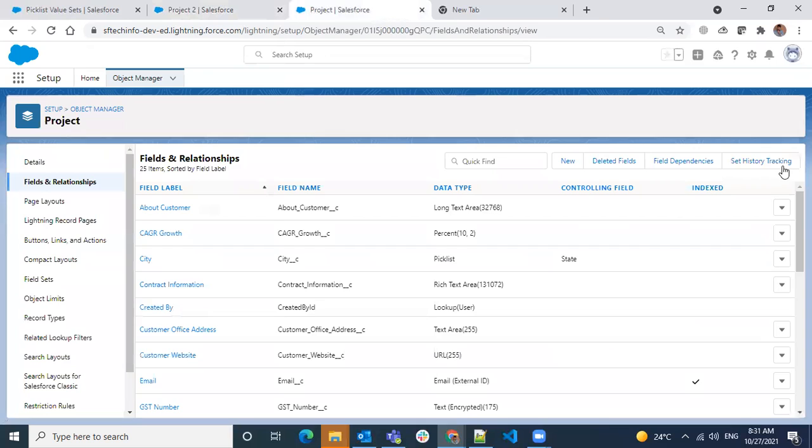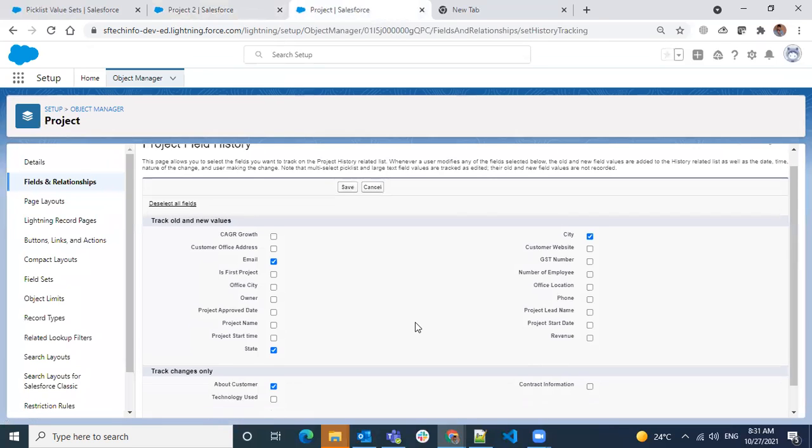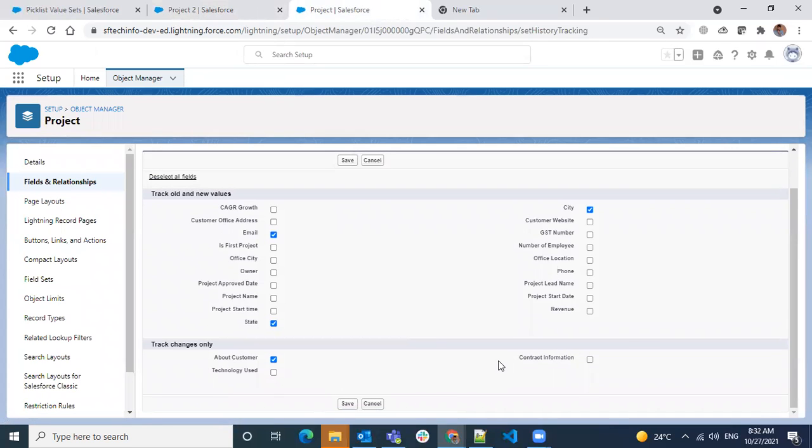So what are all the fields you see in the second section will be only trackable the time and user, not the values. So what are all the fields, if you remember? Multi-select, text area long, text area rich. All those fields cannot be trackable with the new and old values. And if you observe, one thing we have not covered